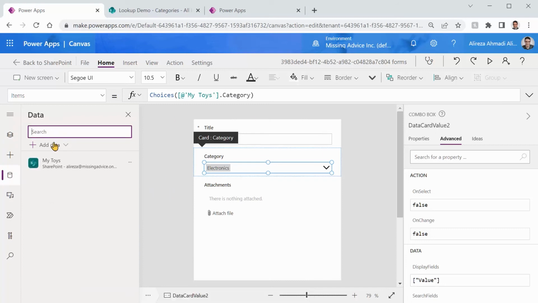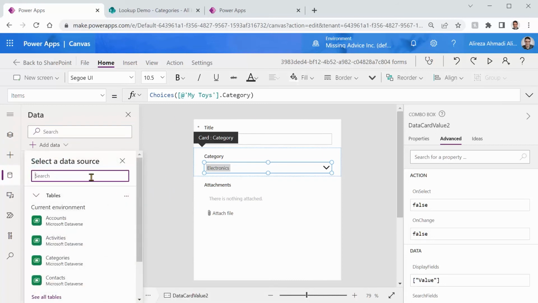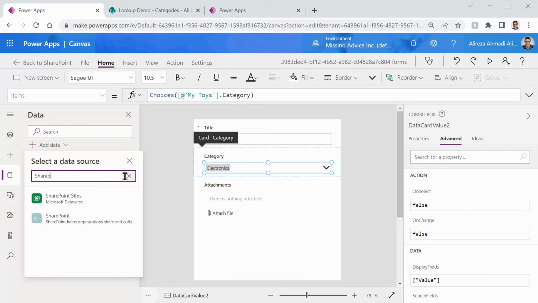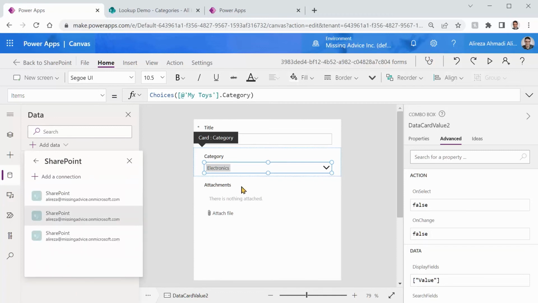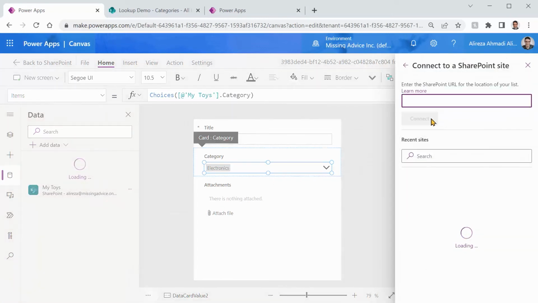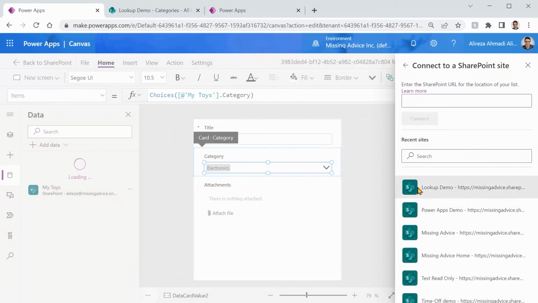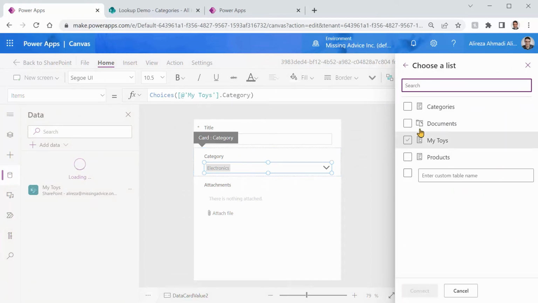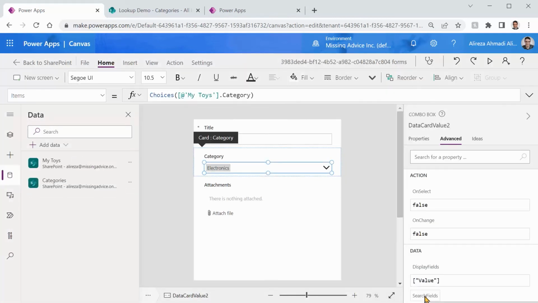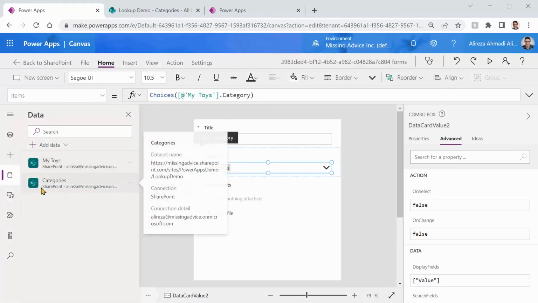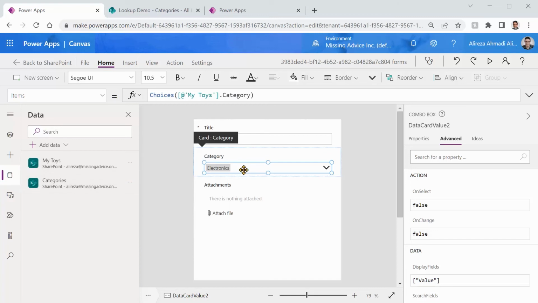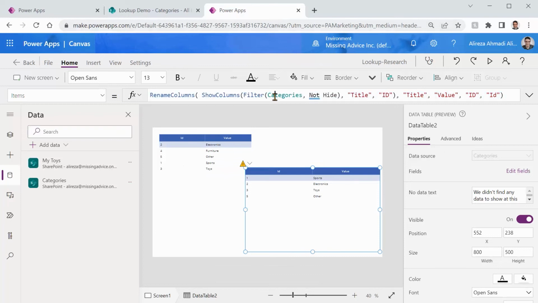So I can come here and say, add data from SharePoint, right? And then I can pick the same site. I need a connection to categories, and I click on connect. So I have connections to my toys and categories. Now, if I pick this one for the items, I can get this formula, the whole thing,